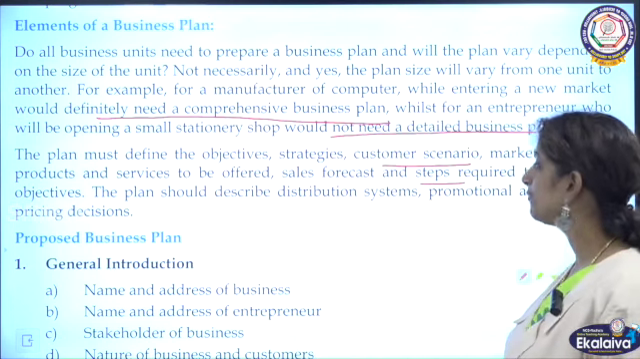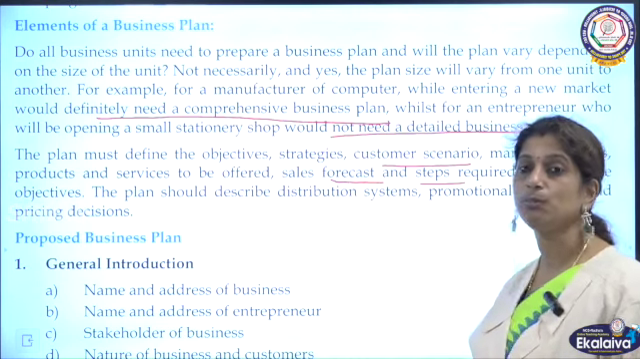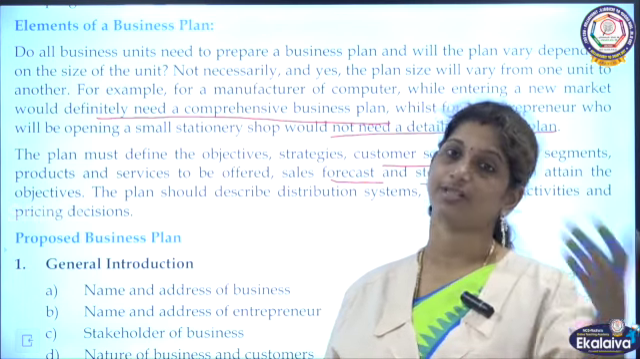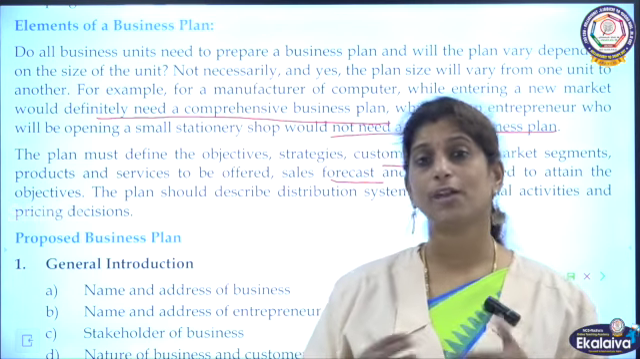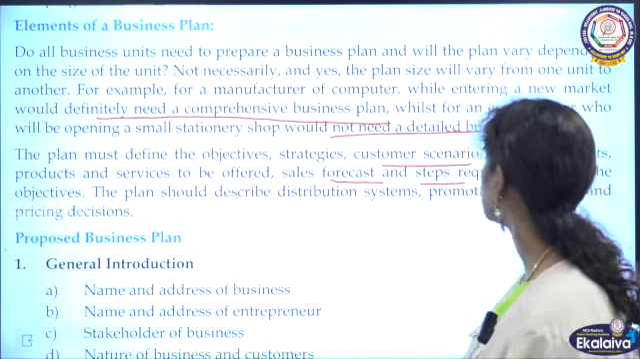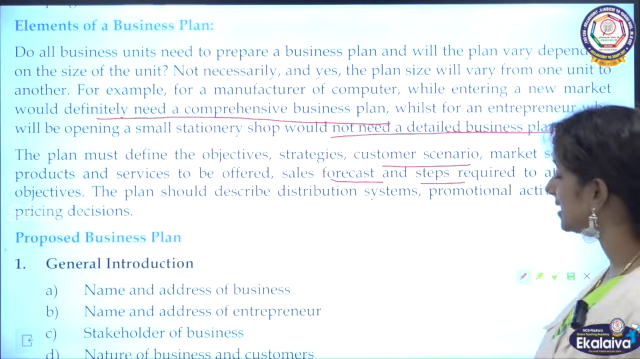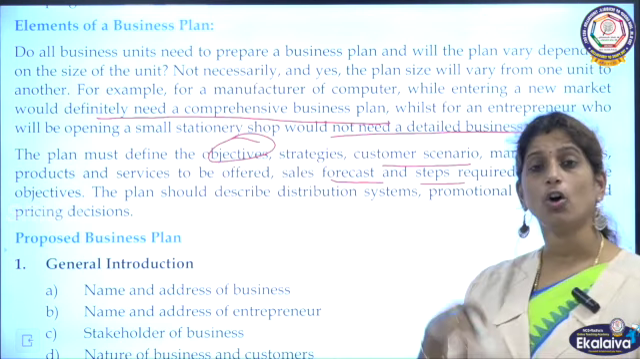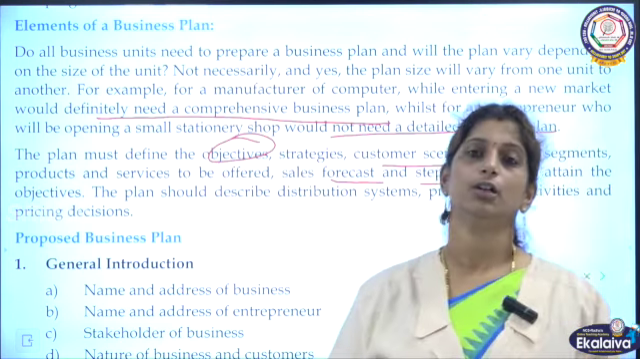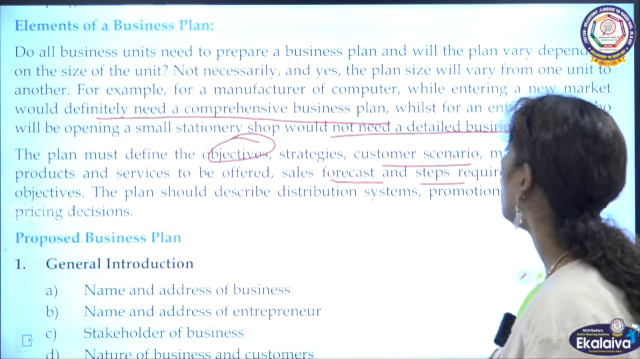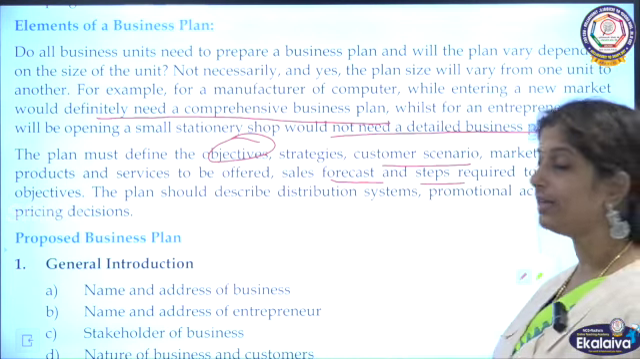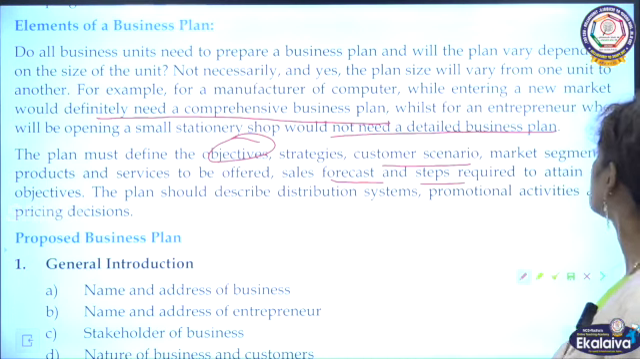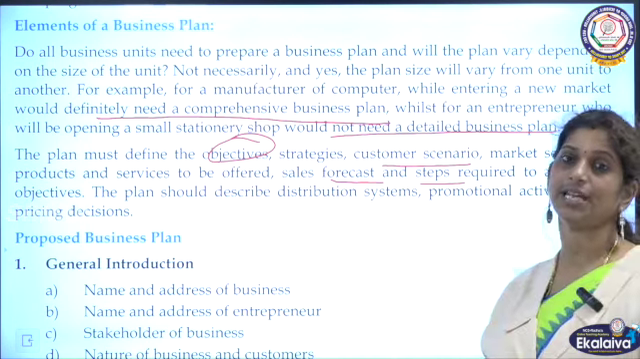And then the sales forecast, so how far the sales will be in the near future, or how far the sales will reach maybe after 10 years, after 5 years. So periodically the sales has to be forecasted, and the steps required to attain the objectives. So we have objectives. So what are all the steps we are going to take to attain that objective? All these should be included in a business plan, and the plan should describe distribution systems, promotional activities and pricing